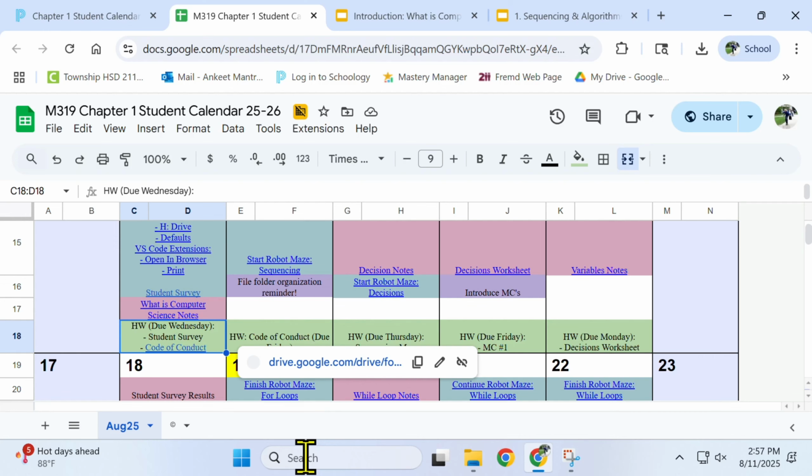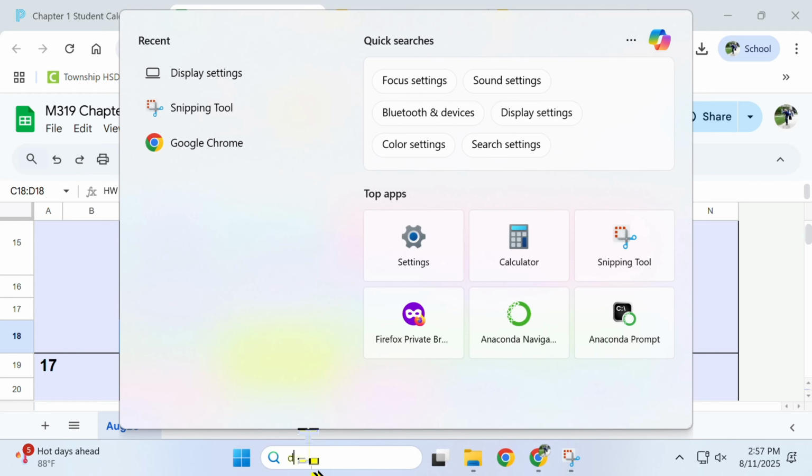Okay, so hopefully you're logged into your machine in front of you. The first thing we're going to do is we're going to set up some default apps. Okay, so last time we pinned Chrome to the bottom of our taskbar. Now we want to set it up so that whenever we open up a web page, right, it should happen in Chrome. So in the search bar, in the bottom middle, right, you are going to type in the word